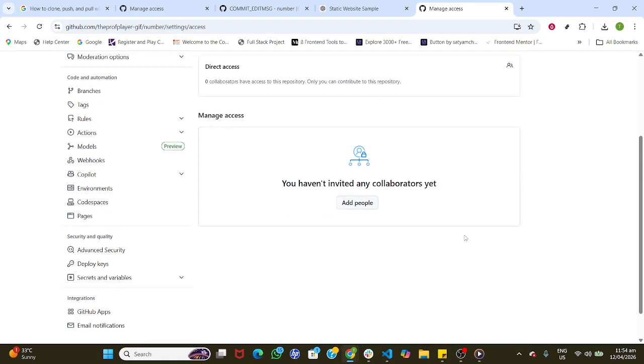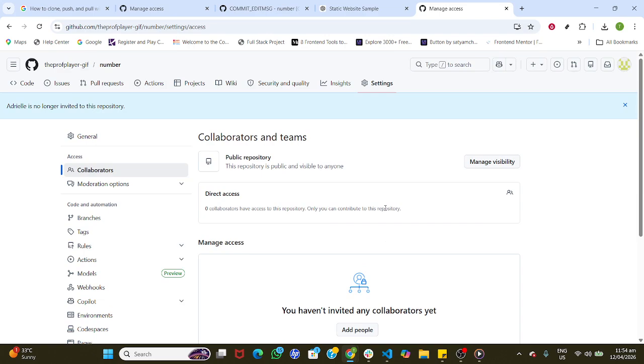A couple of quick tips as you wrap up. Use the correct username to avoid inviting the wrong person, especially if multiple accounts have similar names. If you don't see Settings or Manage Access, double-check that you have admin rights on the repository. And remember, for private repositories, collaborators must accept the invite before they can clone or push changes. That's it. You've successfully invited a collaborator and you know how